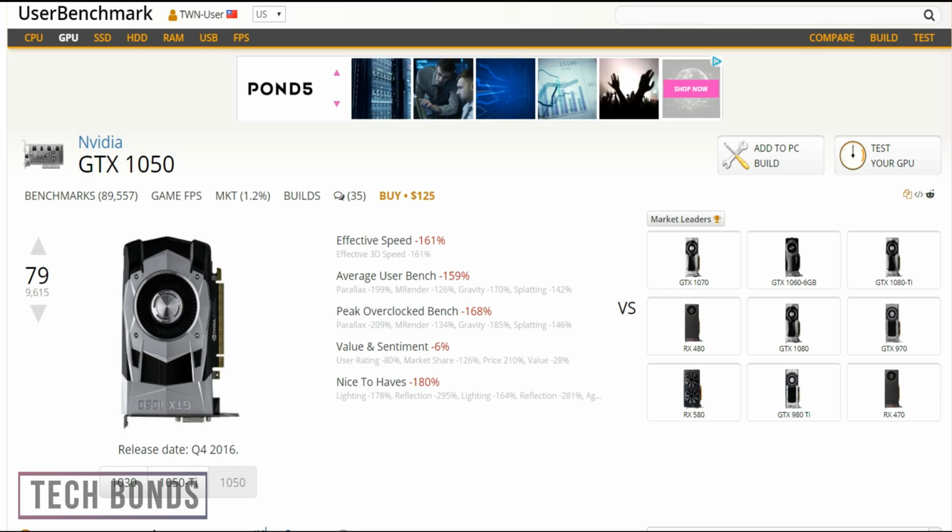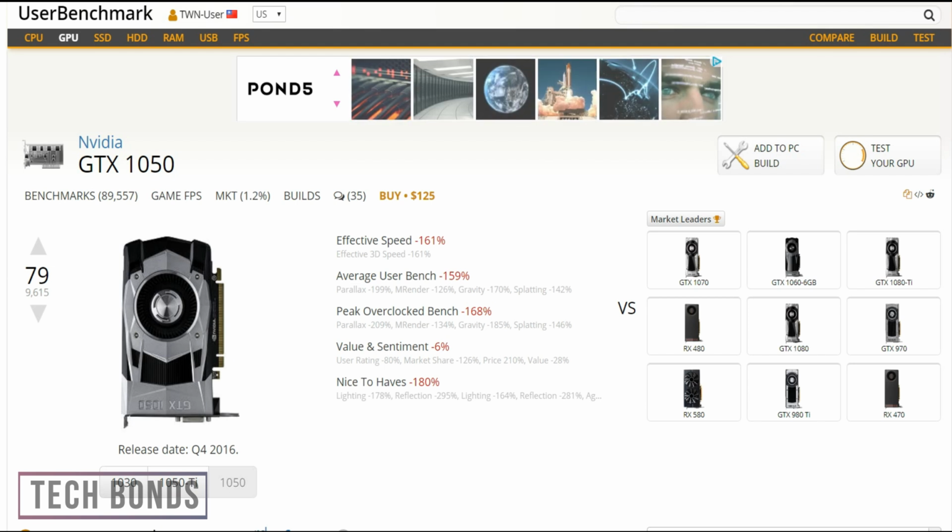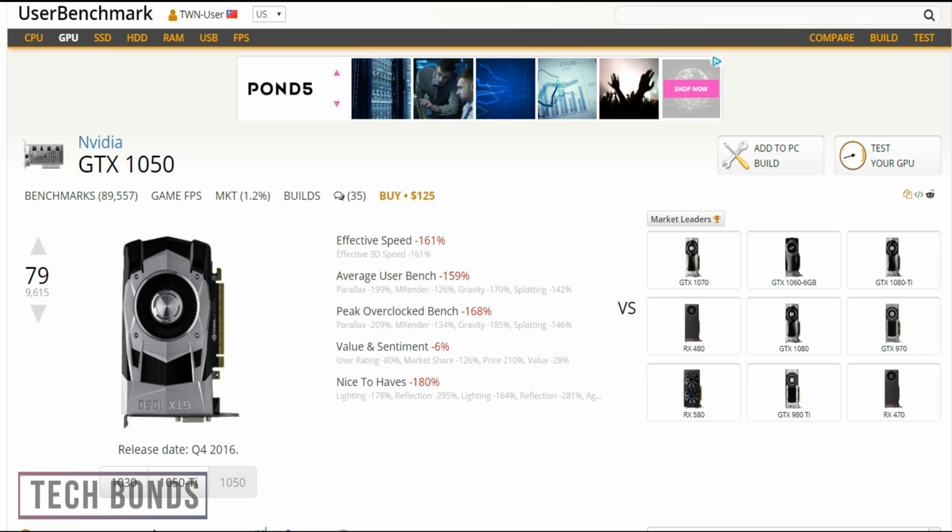This benchmark is a comparison between all the GPU graphics cards. Effective speed of the GTX 1050 is -161%. Average user bench is -159%. Peak overclocked bench is -168%. Value and sentiment is -6%. Nice to haves -180%. Even though these percentages are all negative,